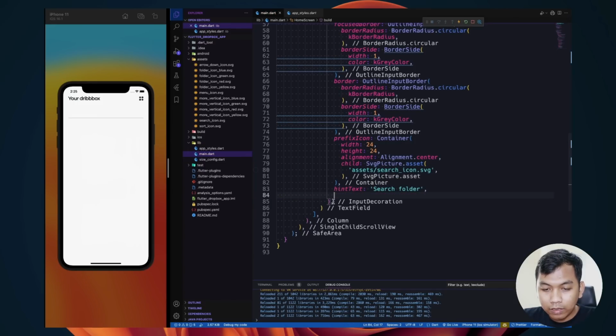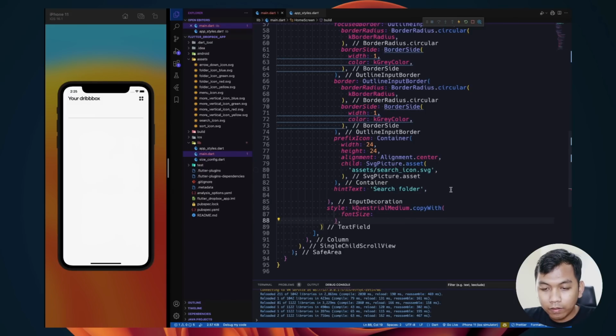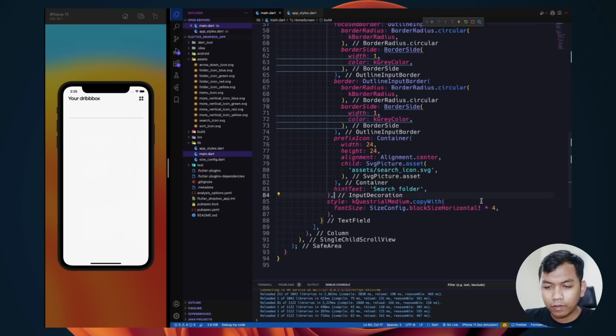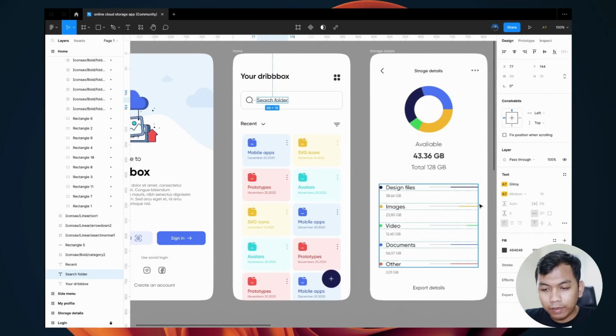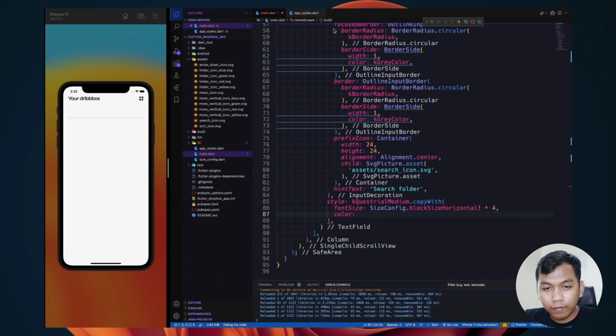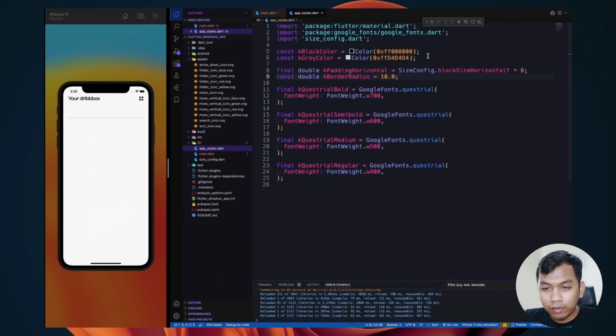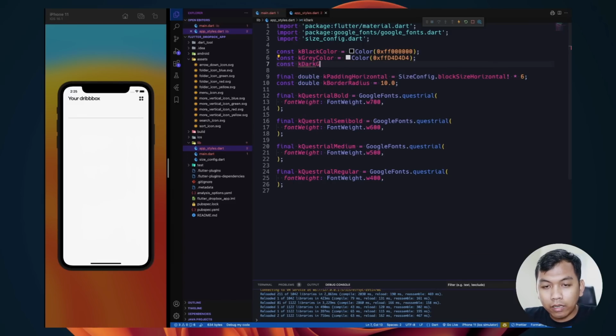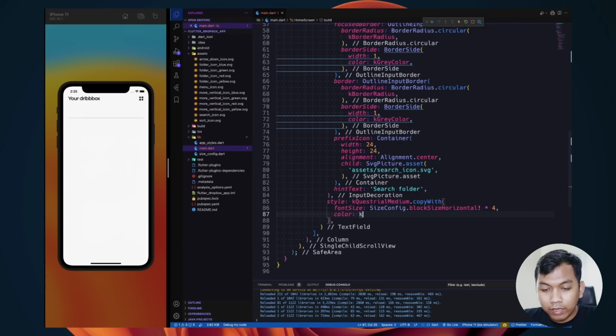so outside this one here, font size will be size config, block size horizontal, and times to 4, and the color will be this, and we need to create a new color here, const k dark gray color, and the value will be this, and we say k dark gray,